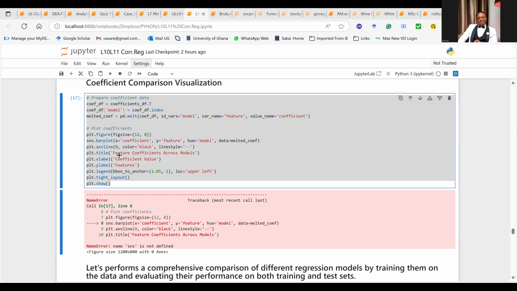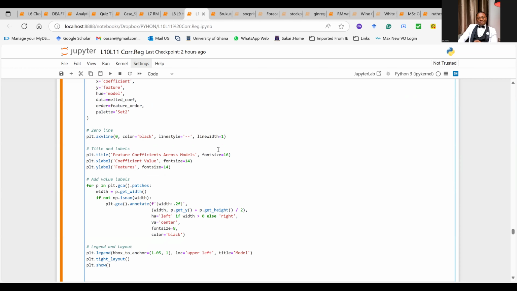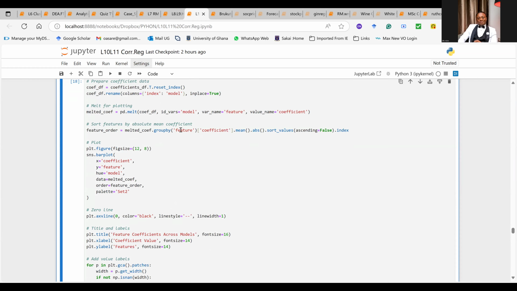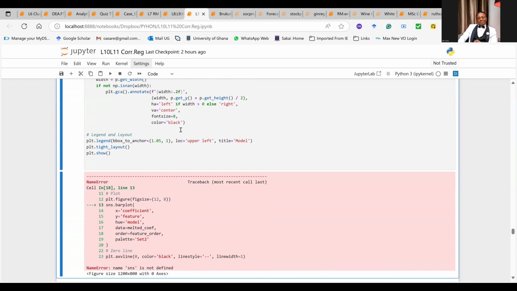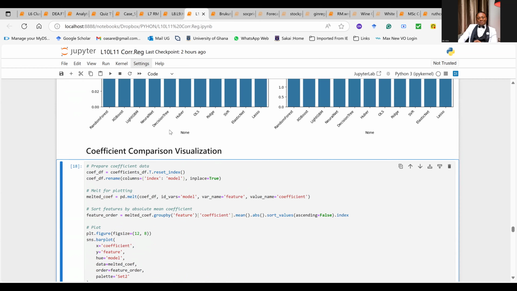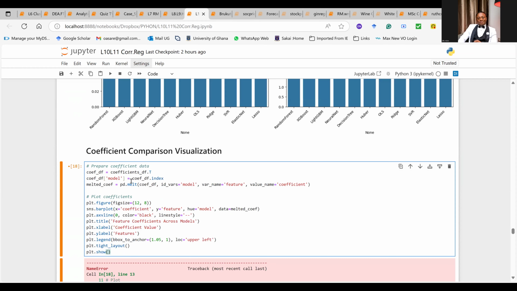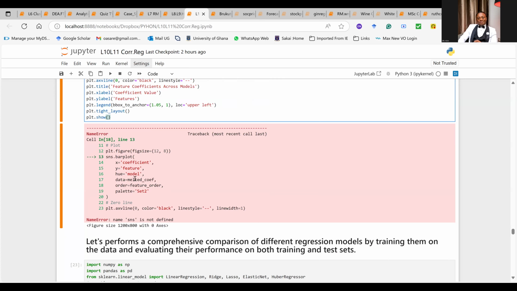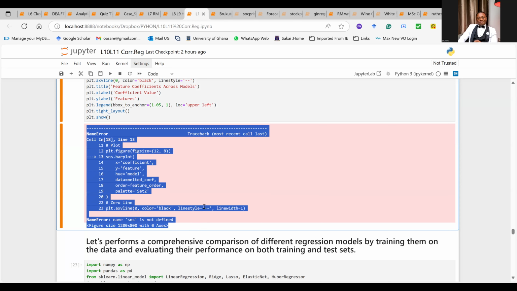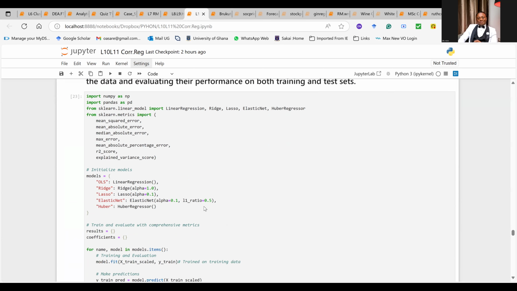This is Ted. Please, I see that the error is indicating that sns is not defined. Yes. So I think maybe we just have to import seaborn. Yeah, seaborn is what I'm trying to import. And sometimes it's not just the seaborn. When you get this, all you have to do is check the error, and then you can get a better way of correcting it.